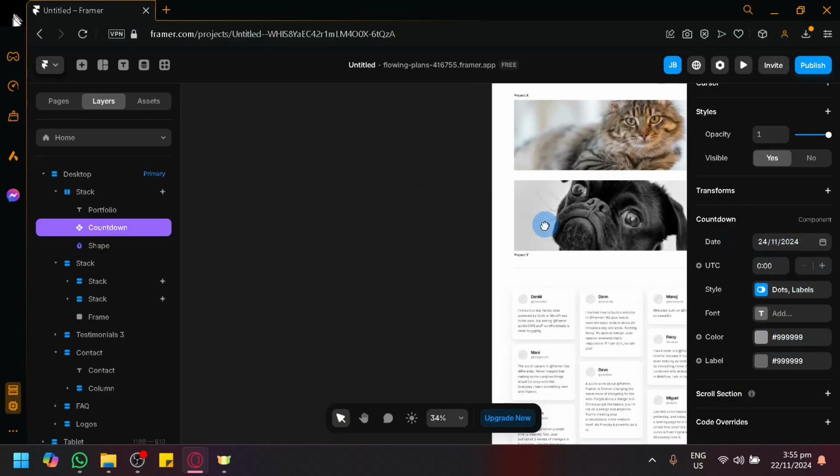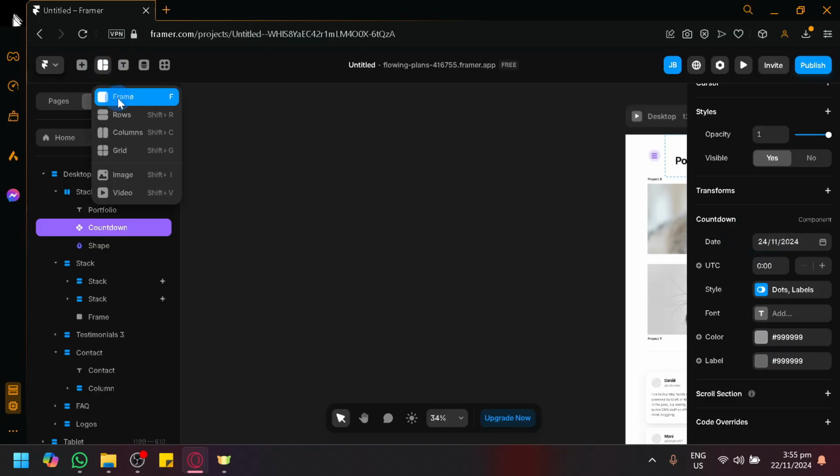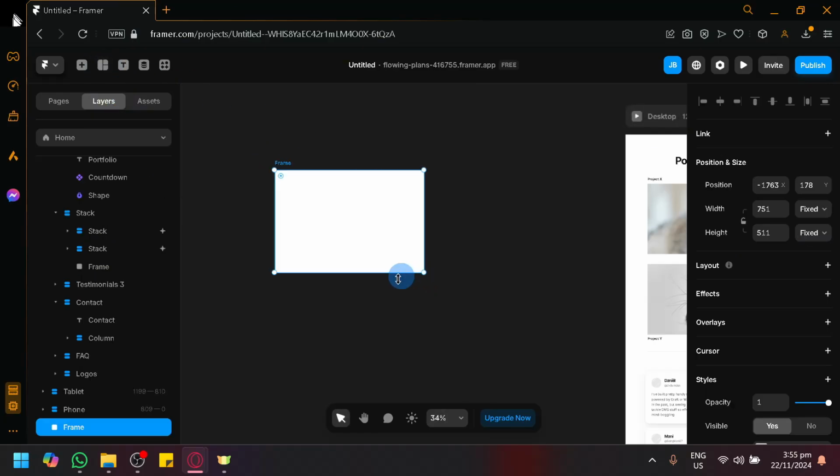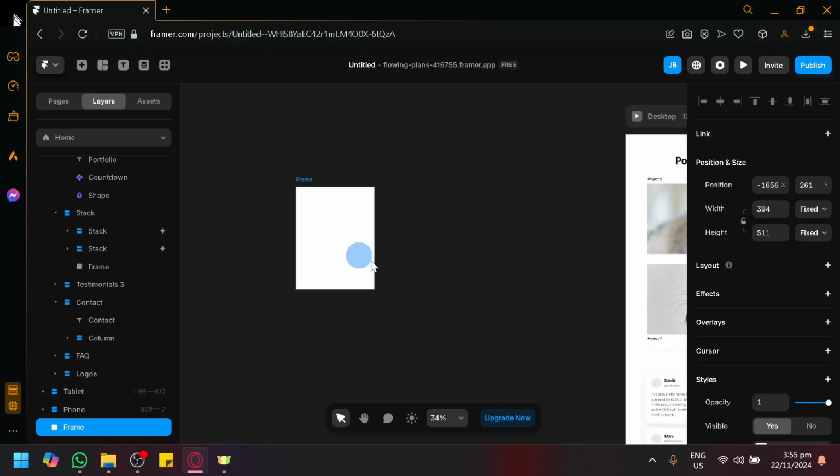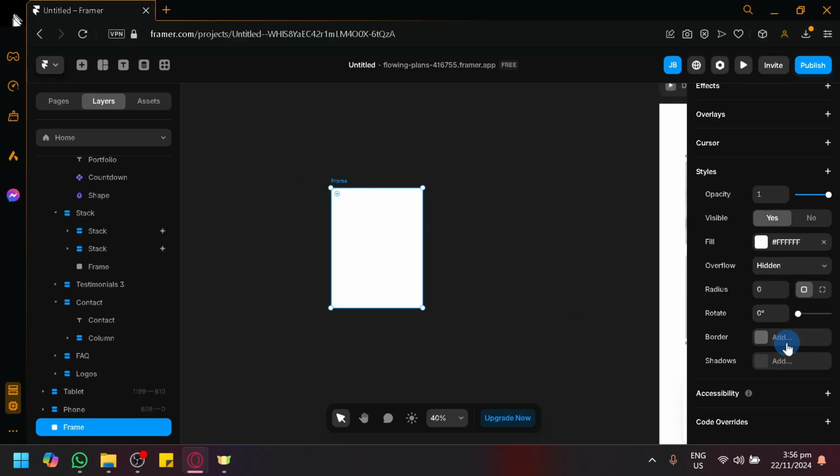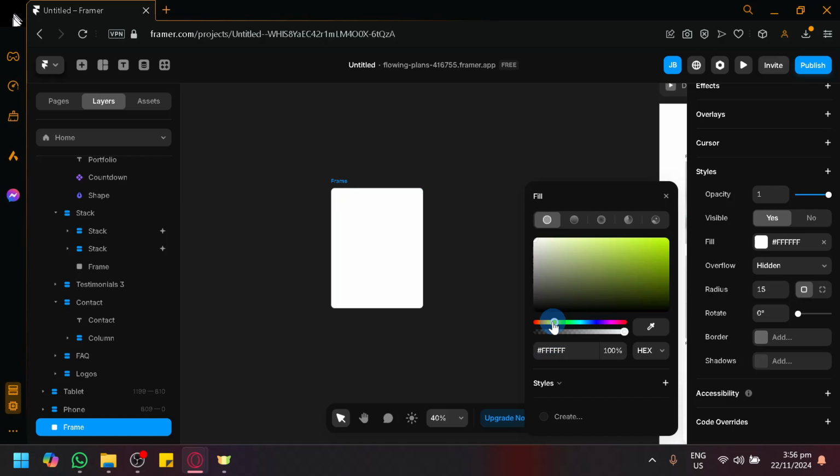Now, how do you create your own component? So for example, let's create a frame over here. Now this is just a very empty frame. Let's put it over here. Let's give it a bit of a design. So let's put a radius over here to give it a bit of curve. There we go. Let's change it to a different color, maybe yellow,